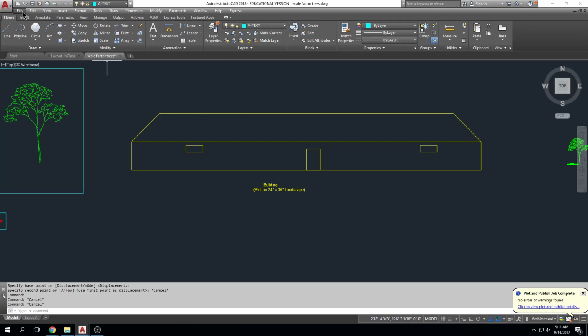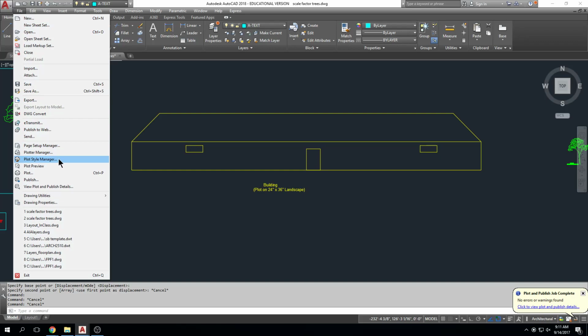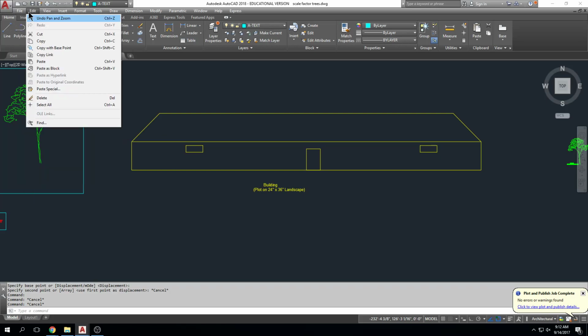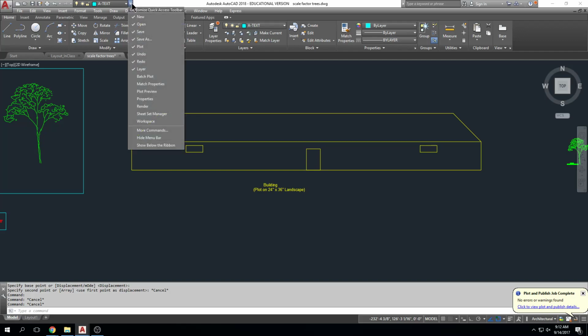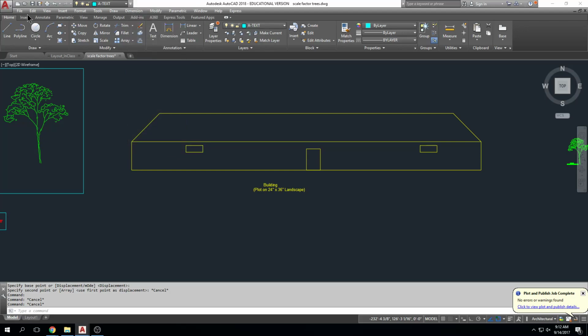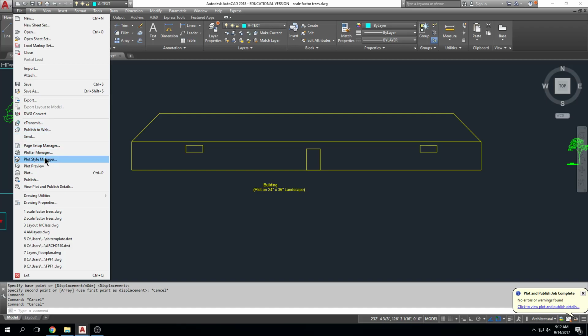And I'm going to come to File, Plot Style Manager. This is probably the number one question I get from students: how do I load my pen file? I've forgotten where to find the dialog box. It's one of those things you just have to do, but everybody always forgets where the location is. So File, and here's another thing, if your file menus aren't showing, a little reminder, come up here to this little drop down and choose Show Menu Bar. It'll say Show Menu Bar if it was not shown, and you'll turn your file menus on through there. File, Plot Style Manager,